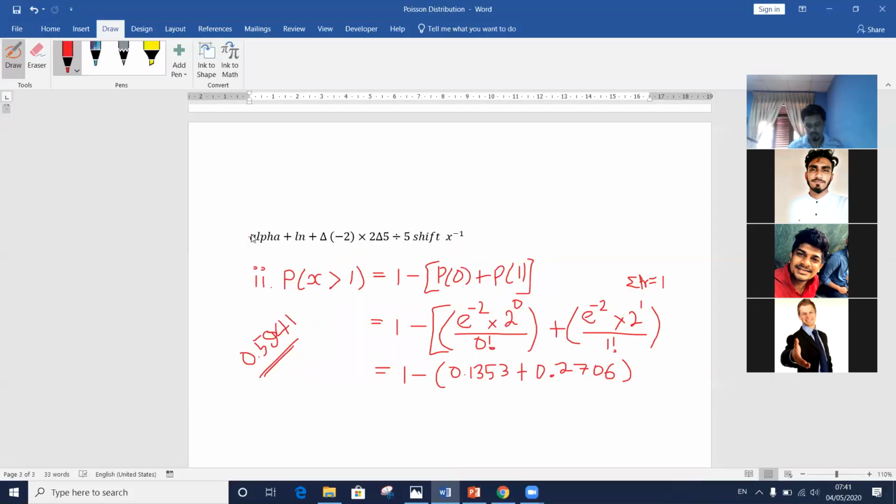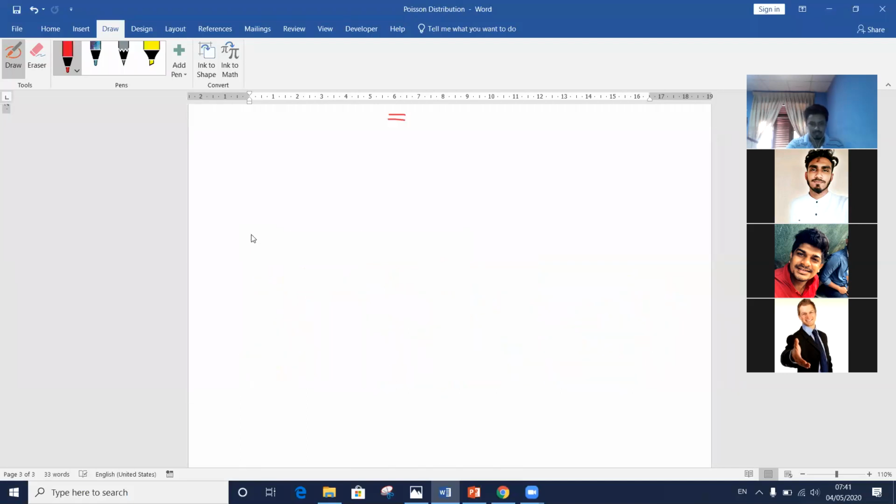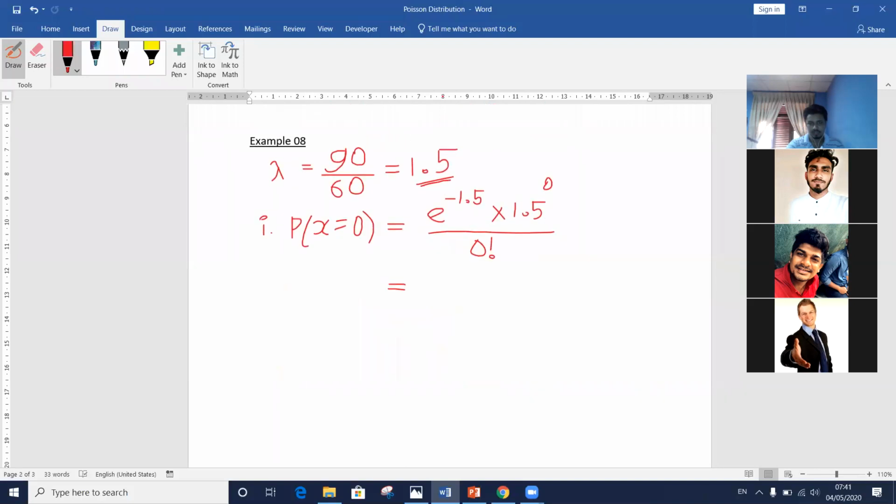E to the power minus 1.5 into 1.5 to the power 0 divided by 0 factorial. 4.48. Or is it 0.2231? Can't be